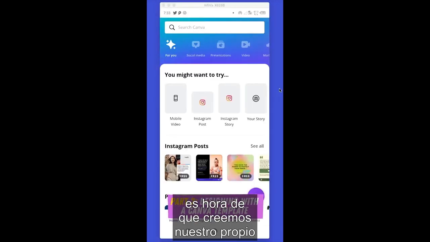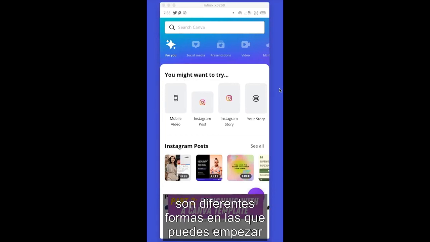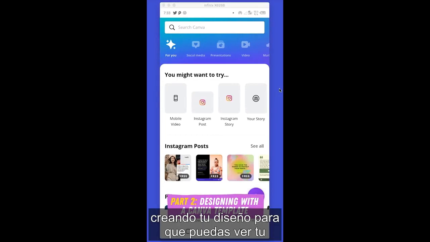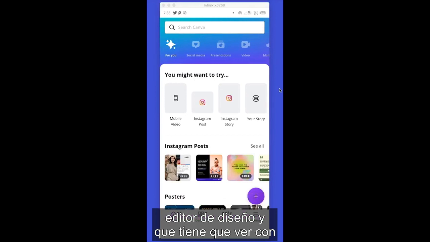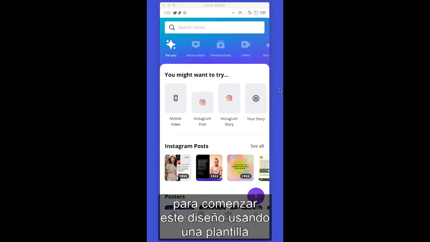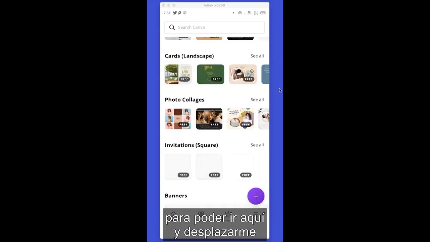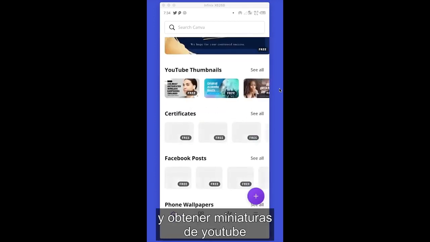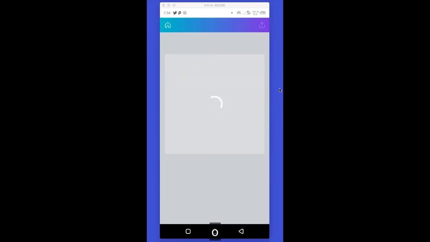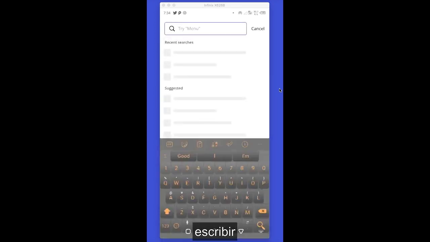It's time for us to create our very first design using a template. Now there are different ways that you can start creating your design, so you can see your design editor, and that has to do with selecting a template that you'd like to design or a blank document. But we want to start this design using a template, and I want to design a YouTube thumbnail. So I could go here and scroll and get YouTube thumbnails, or I could just go to the search bar and type in YouTube